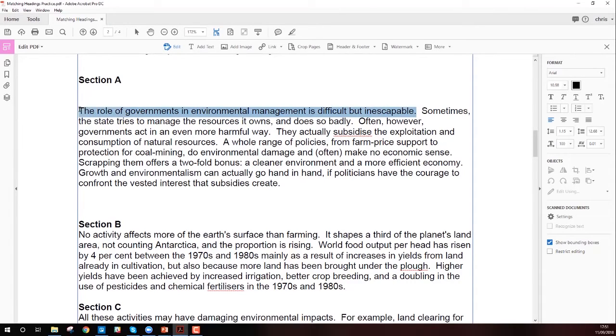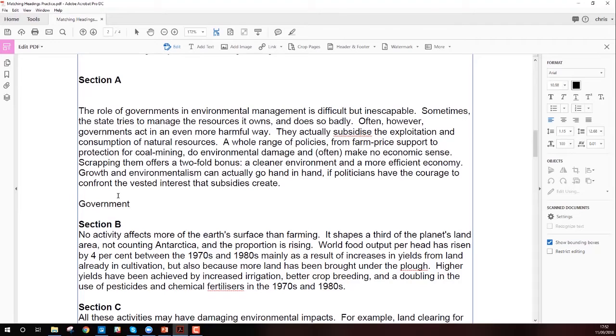Okay, the role of governments in environmental management is difficult but inescapable. Okay, so probably it's about this. Okay, but let's have a quick read through it. Sometimes the state tries to manage. Okay, so government, so it's still about government. Quickly, range policies, growth and actually politicians, government have the courage to confront the best. Okay, so I'm going to say this is